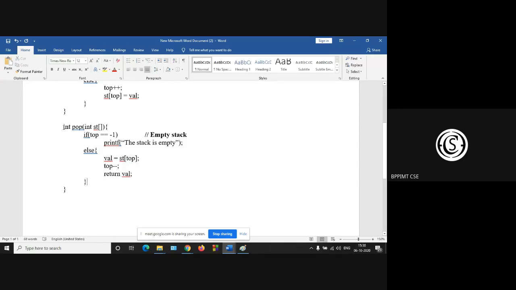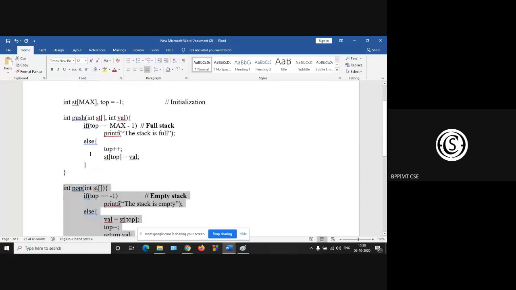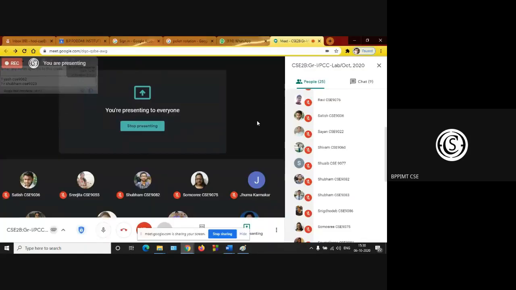So this is the pop function and this is the push function. Okay, is it clear? Any problem?